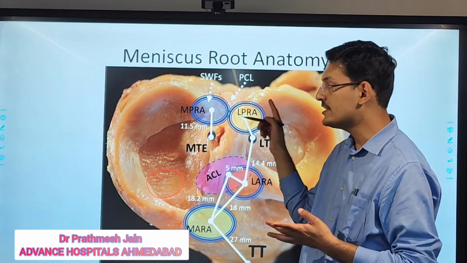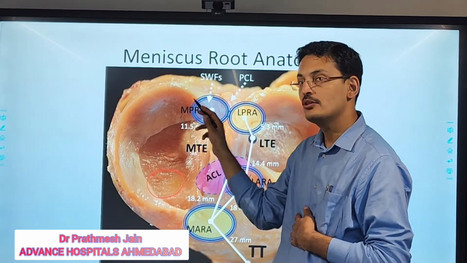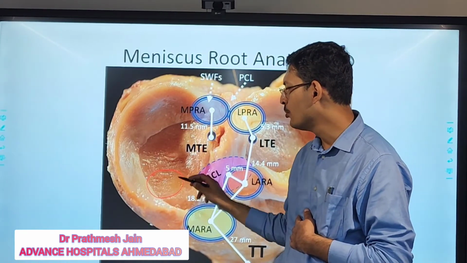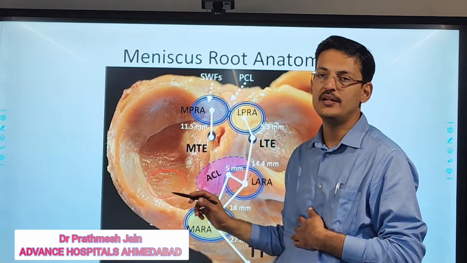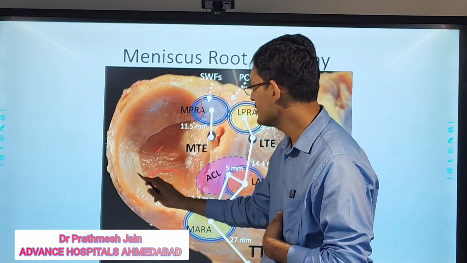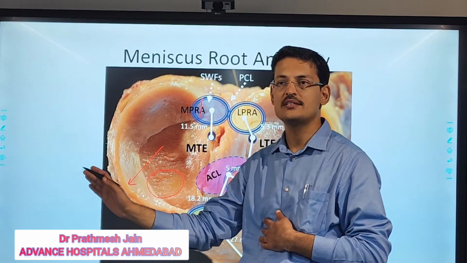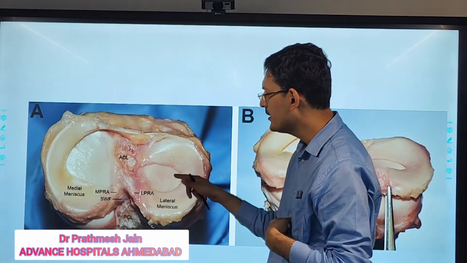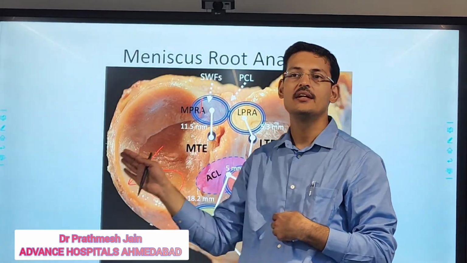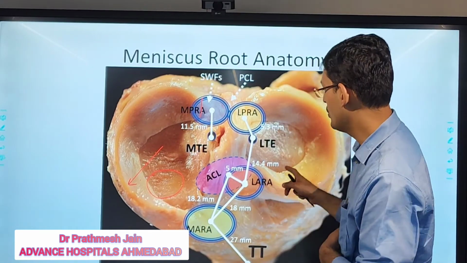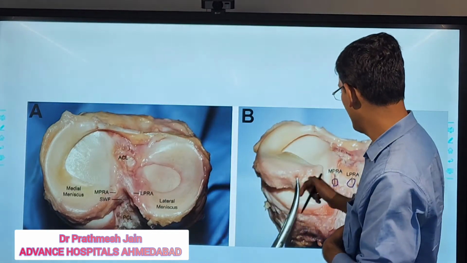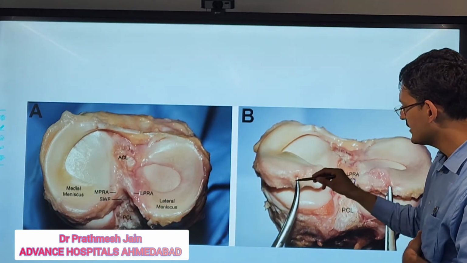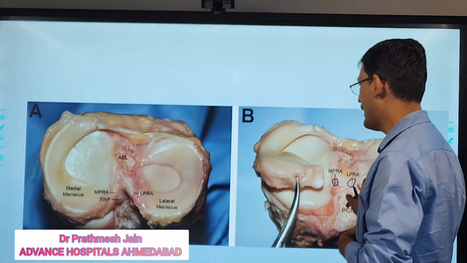So if the ACL is intact, most of these cases usually start with the root tear, because the root tear will lead to most of the times arthritis on the anteromedial aspect. So the tear is here and the meniscus will actually go extruding this direction, and the bone of the femur will have a direct contact on the bone which is actually underneath the meniscus anteriorly, and this will cause an increase in osteoarthritis. So these are again the pictures. You can see these are the fibers which attach the root to the bone, and this is actually the dissected specimen of the meniscus root from the back.